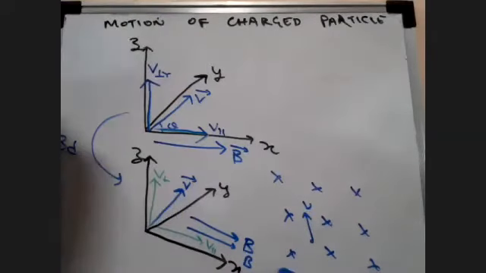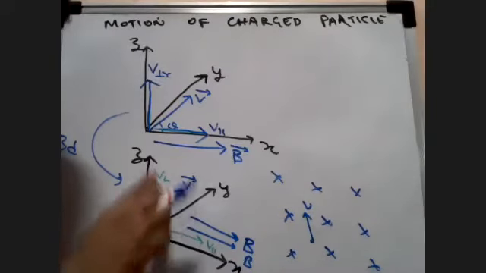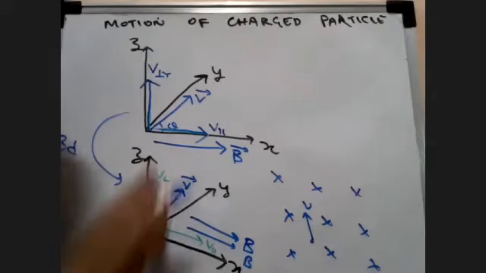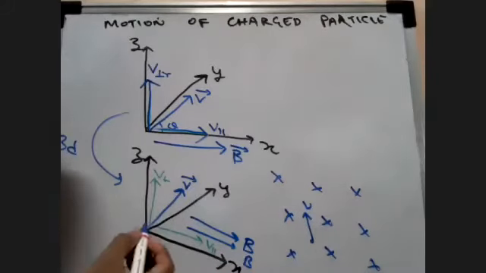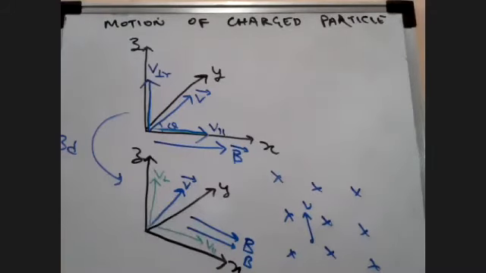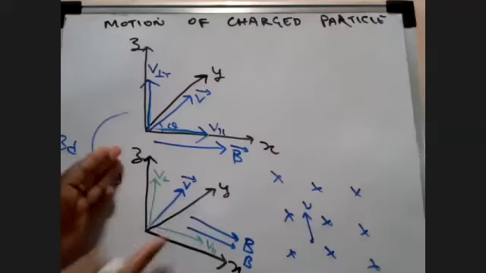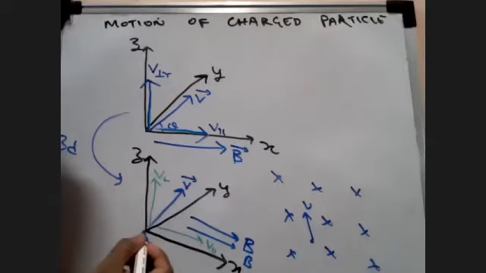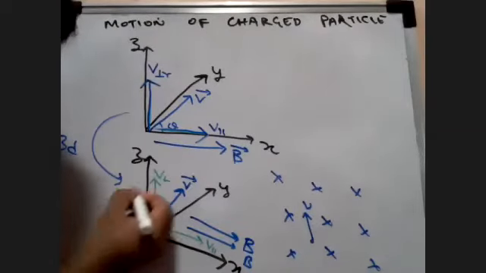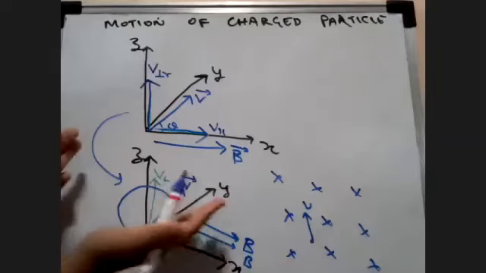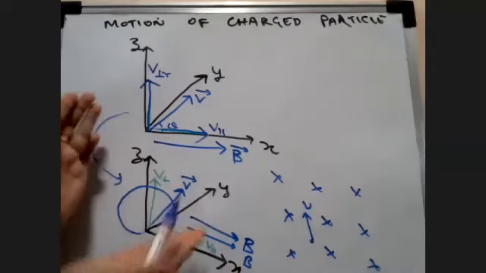Similarly, students, here v is perpendicular to the magnetic field. Here the v perpendicular component is perpendicular to the magnetic field. These two have a perpendicular relation, so there will be a movement of the charge, but this time in which plane will it be? It will be in the y and z plane. Can you imagine that? The charge is going to move like this, in a circular form, in the y and z plane. Y is inside the plane, z is outside.